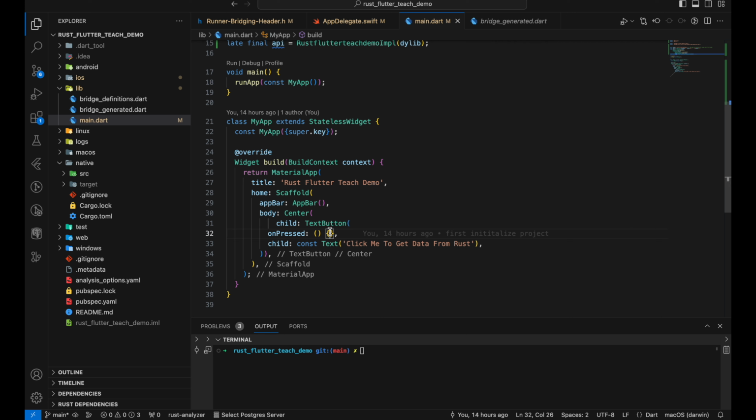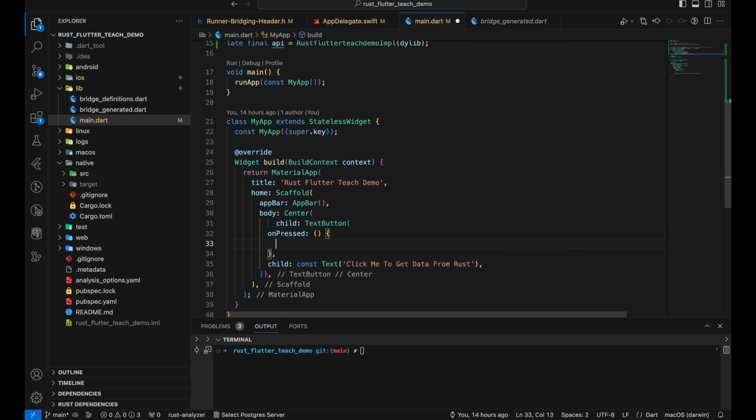So let's call it. When we press this button, we will get data from Rust. Okay, and then get data from Rust, and then api. So api is coming from here. So let's call api.greetingFromRust. So this function is coming from the bridge generated. So actually it is coming from the api.rs.